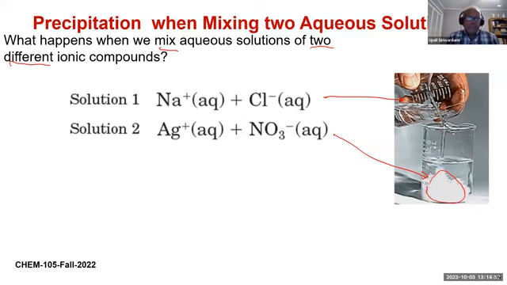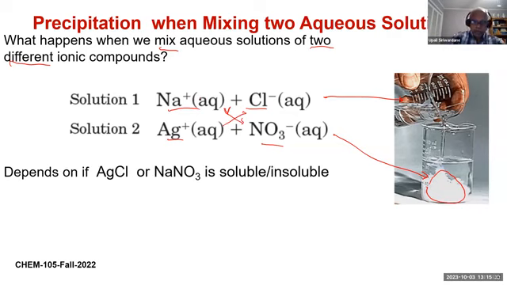Now, when you add two solutions of ionic compounds, the reason you get a precipitate is that when you add these combinations, sodium chloride ions and silver ions create two new combinations, silver chloride and sodium nitrate, in the solution. If one of them is insoluble,